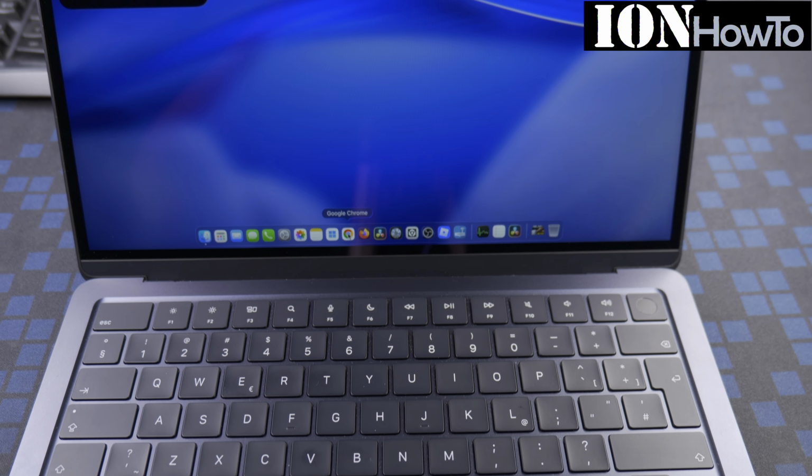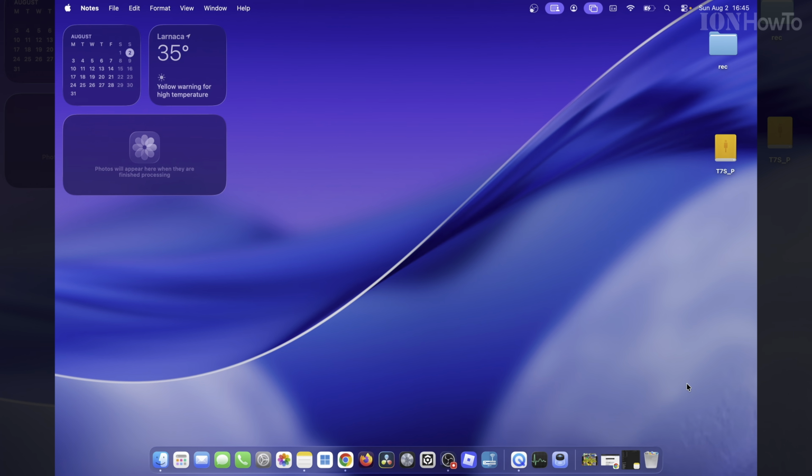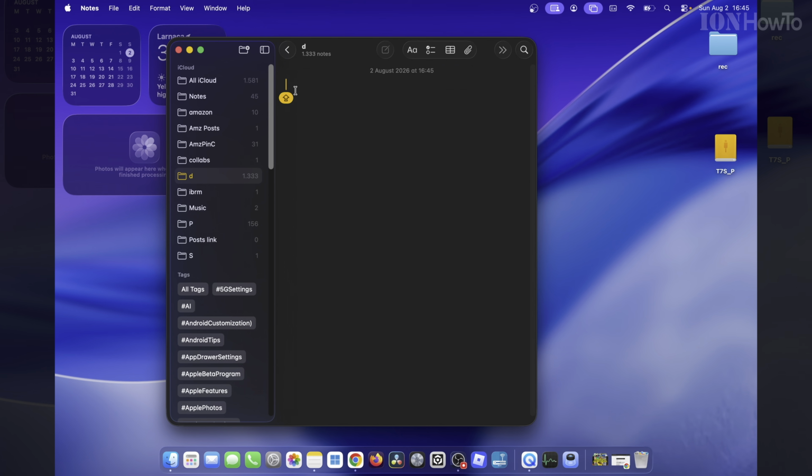Today I show you how to turn off dictation on your MacBook Air M5 or any MacBook Air or MacBook Pro. This is how to turn off the audio dictation. The video was recorded before, so what you're seeing on the screen, I was talking to it earlier than now. And if you want to turn this off and you don't want to have this option, you can press F5,